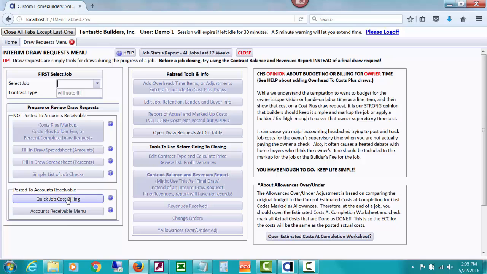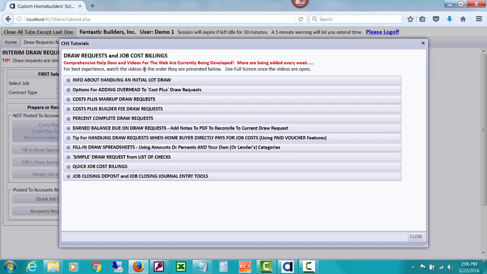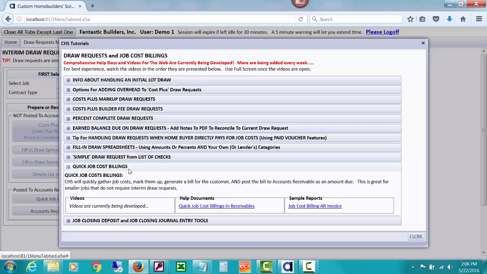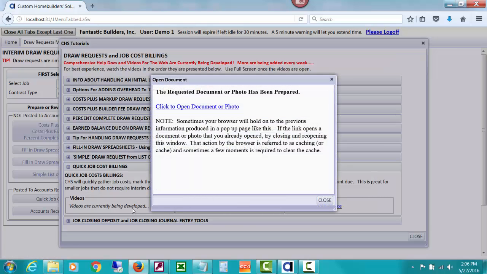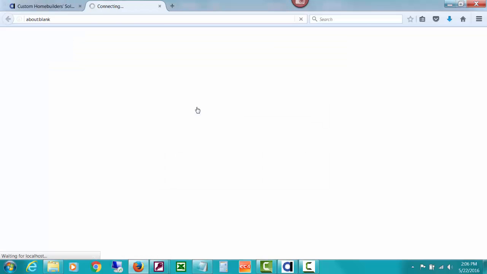But there is one that will post to accounts receivable that will draw on your job cost posted. And again, it would probably be for smaller jobs, not ones with tons of costs that you're progressively drawing over a long period of time. So if you click the Help button for interim draw requests, you will see that there is one called Quick Job Cost Billings. We do have a help document, and then we will have the video over here. But let's open the help document,